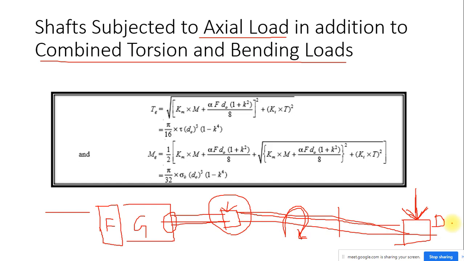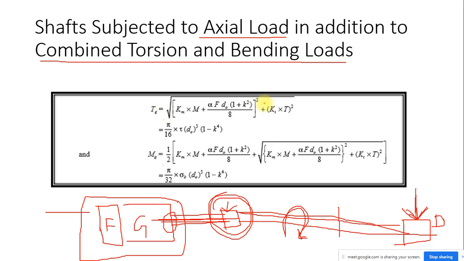Now come to the axial load. If you see, the entire weight of the front portion of the engine, clutch, gearbox, everything will be in this axial direction. So this load will be acting directly on this coupling, which is coupled with this propeller shaft, hence the axial load will be acting in this propeller shaft. This is one of the best examples for this particular case. I couldn't find more examples for these cases, so you can consider this as one of your examples.